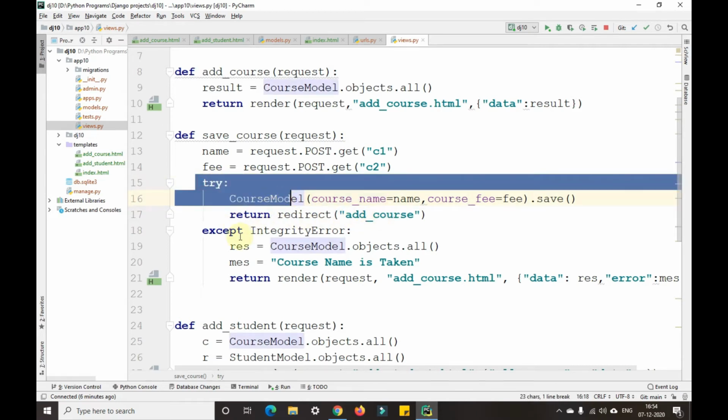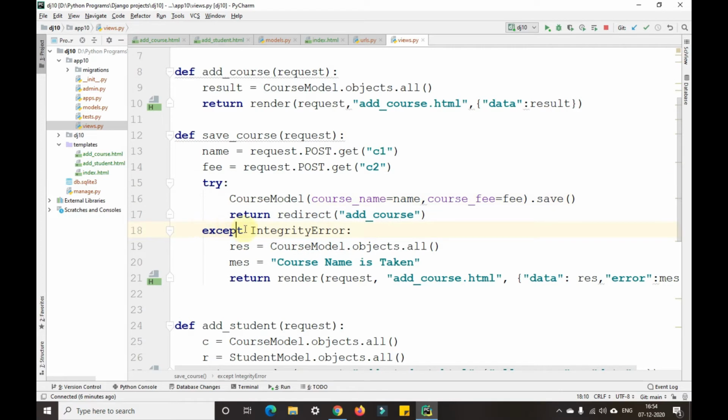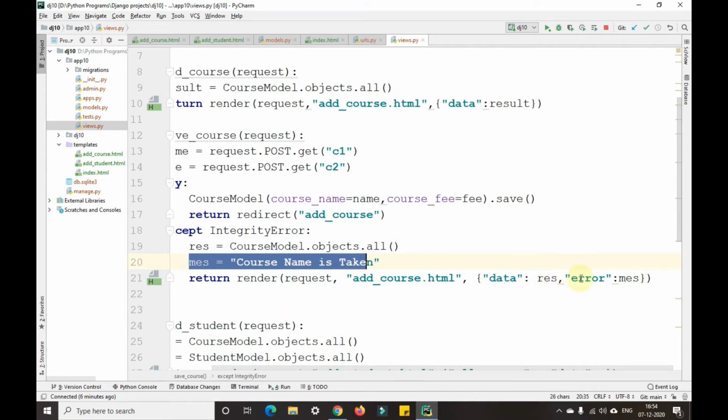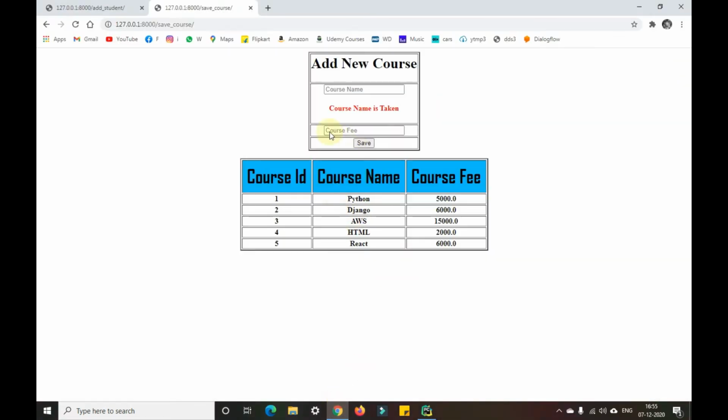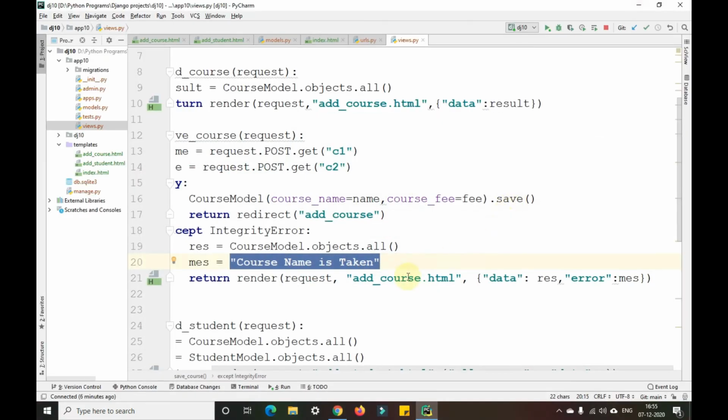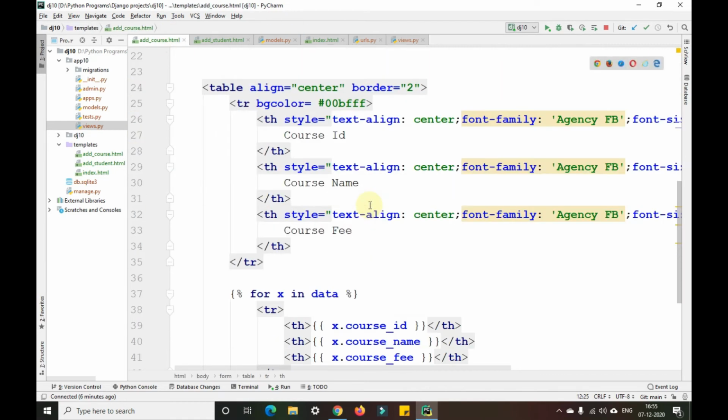If this is not successful and there is an integrity error when we are trying to enter this, then it will give result equal to course_model.objects.all, message equal to course name is already taken. Then it will redirect us to the same page with error equal to message, that is, course name is already taken here. So this is about the course name and the add course table.